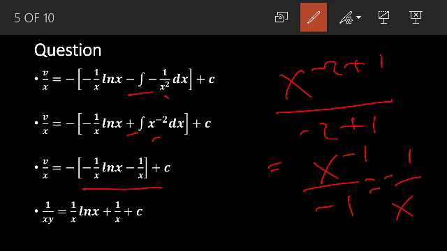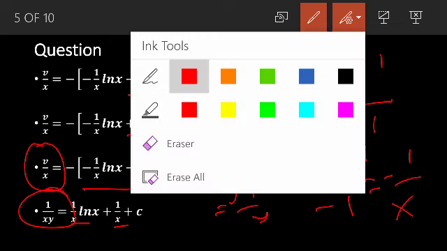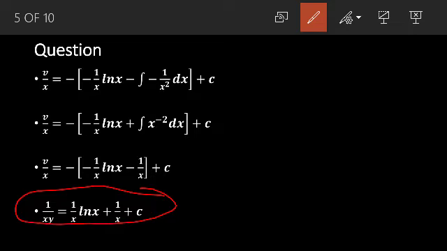And if we substitute, you can see that your negative value here can open up the bracket, and we have here to become positive. And remember, our v is y to the power minus 1, which also means 1 over y. If I substitute the value 1 over y for v, we are going to get 1 over xy, and that's the reason why we have this as our final answer. You can choose to make y the subject of the formula, and leave your answer that way. Now that leads us to